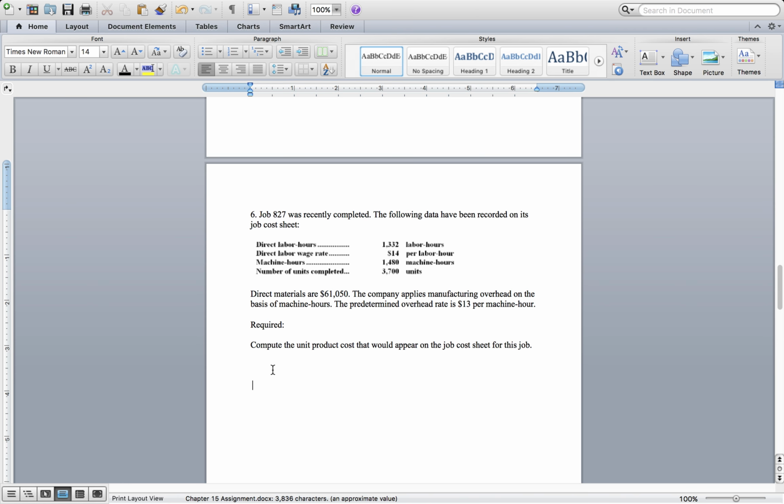Okay, now it's the next one. It says job 827 was completed. The following data was recorded on the job cost sheet: the direct labor hours, direct materials, and the overhead rate of $13. Compute the unit product cost on the job cost sheet. Well, to get the unit product cost, the first thing we need is the direct materials,